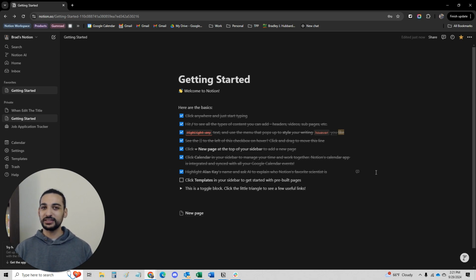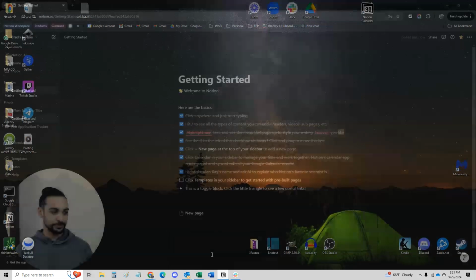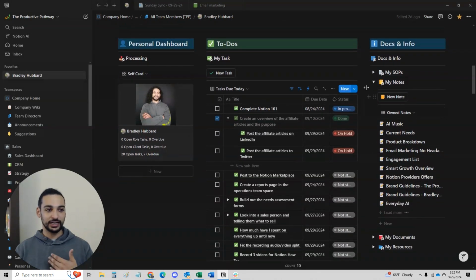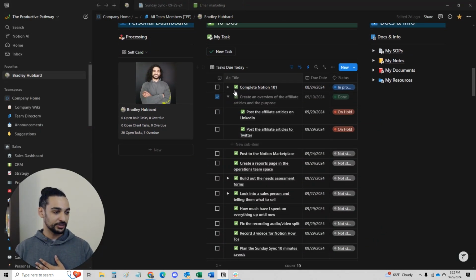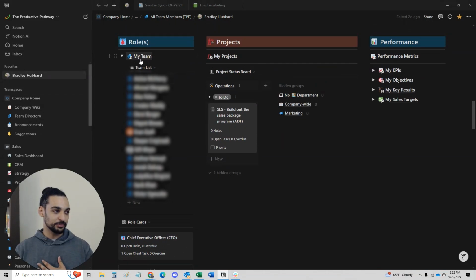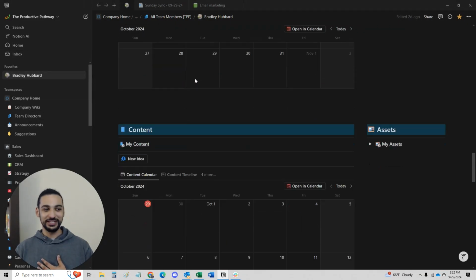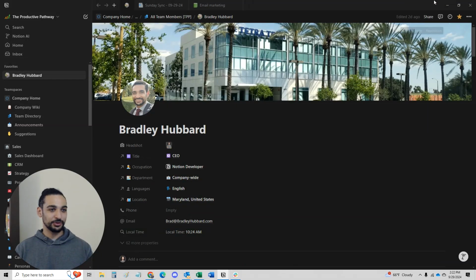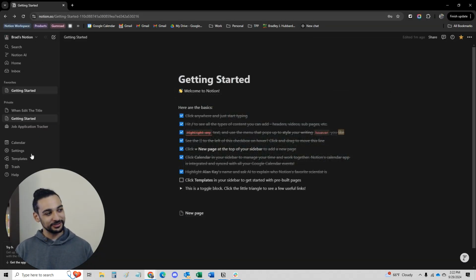A template is basically a pre-built app where if somebody built something like my monster personal dashboard over here with tasks to run my life, documents to find all the information I need, projects, team members, performance, meetings, I got content on here too. It's all from a single spot. So if you wanted to use something like this, well, you kind of have to build it yourself, or they